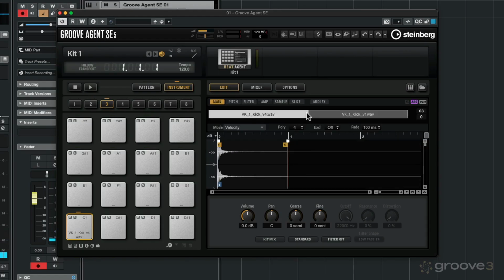So for example, if I pull this all the way over here, it's only triggering the soft one, whereas if I trigger it over here, I'm triggering more of the harder velocity, and I can play it soft and get that kick. So I'm going to do the same thing there, just change the start and end points, and now I've got my kick. So now let's look for a snare, and I'm going to load this onto D1,